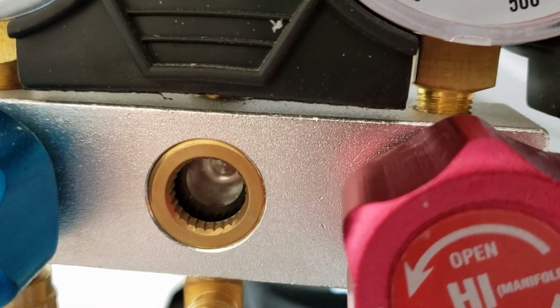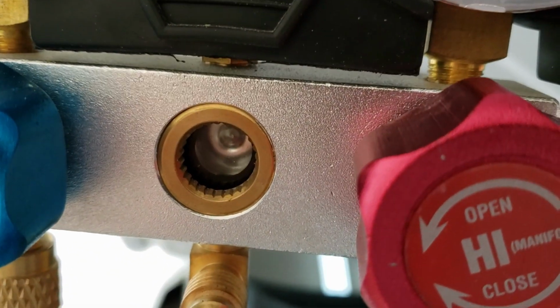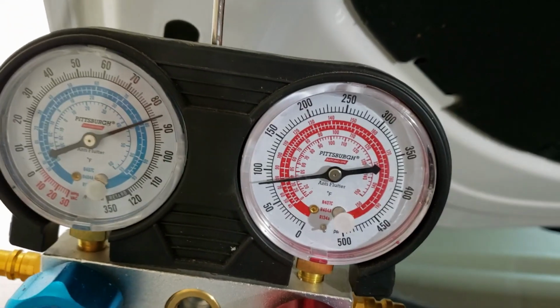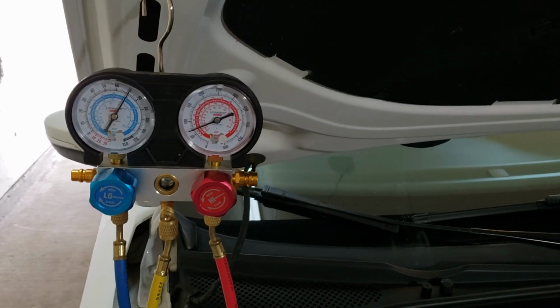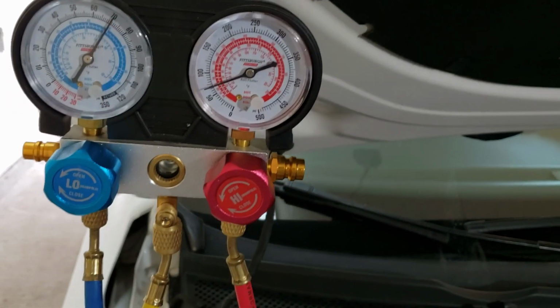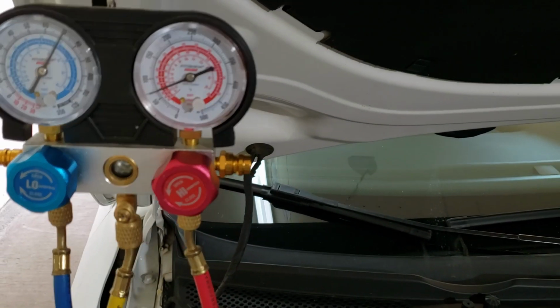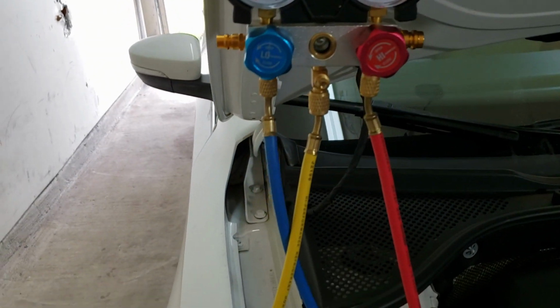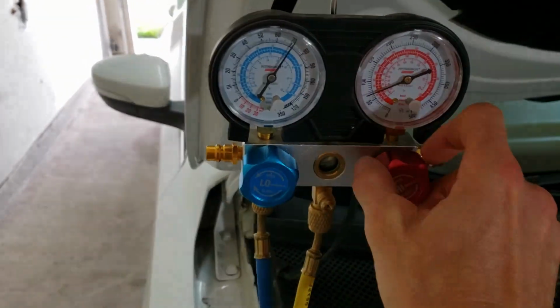Yeah, so you can see there's the refrigerant going through there. That's the liquid side. And I'm gonna let that go down just kind of nice and slow. All right, so this thing's dropped down to about maybe 75 psi, and so it doesn't sound like there's much going through the tank anymore. And so now I'm going to close this off,